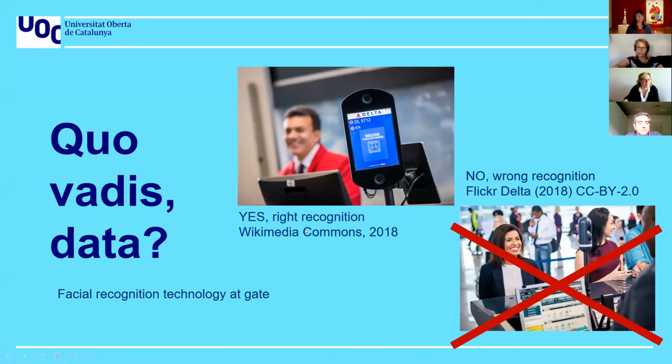we are asking ourselves where data is going, from where it comes, and from where data arrive. And if we focus on these two images, what we are going to see is something that generated a lot of concern, which is a bias in the use of facial recognition. And